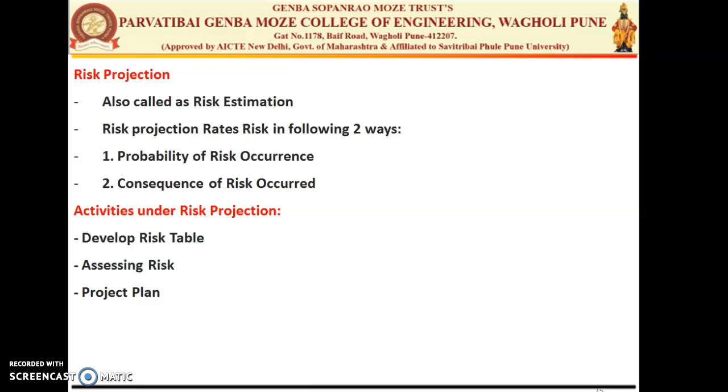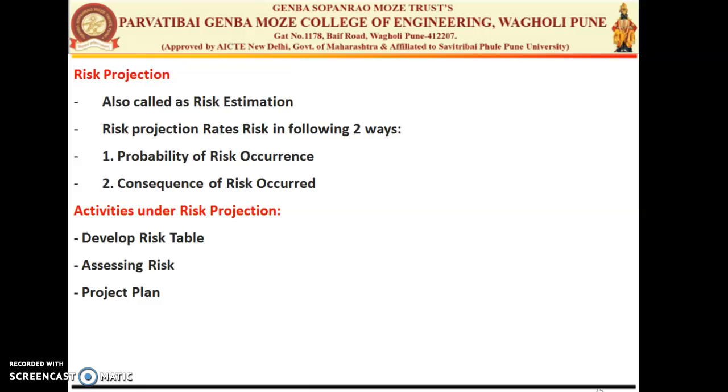The second is the scope of the risk. So we need to know how it will be affected, what the occurrences of that risk are, and in how much way it will occur in front of your end user. So that is your scope of the risk. And the third one is the timing. It is important to note how long the risk will impact our project. So these are the three things which really need to be understood by the project manager, and which we need in order to project or estimate the risk.